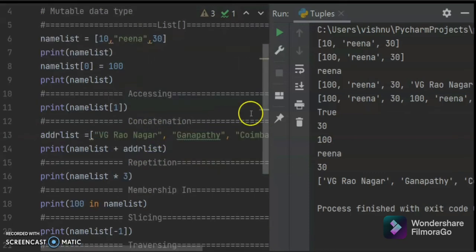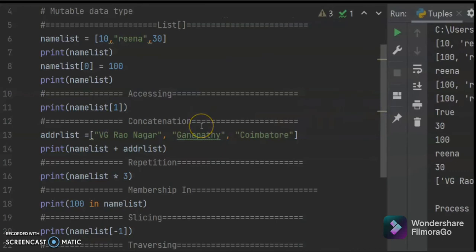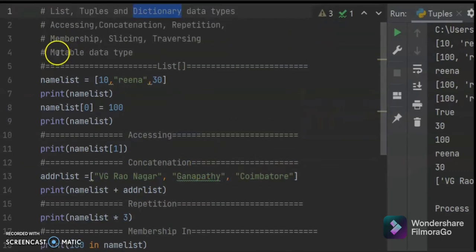So this is a very important question for your interview or for any placement. The mutable data types in Python are list and dictionary. Why? You can show the example like this, changing index 0 equal to 100. If you come to tuples, I will show you, it will throw an error. You cannot change, even for string also I have already explained, you cannot change the value one by one. Only in list and dictionary you can do like this.